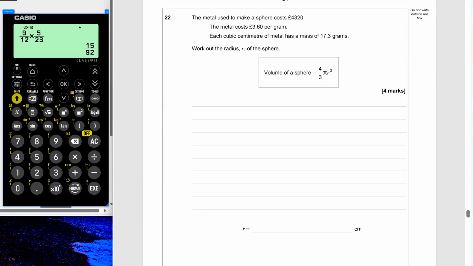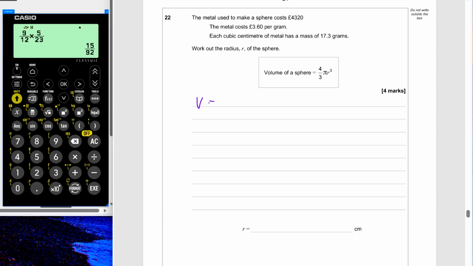Right, question 22. The metal used to make a sphere costs £4,320. The metal costs £3.60 per gram. Each cubic centimetre of metal has a mass of 17.3 grams. Work out the radius R of the sphere. So the first thing I want to do here is to work out the volume of the sphere based on the total price of the sphere, and then the cost of the metal